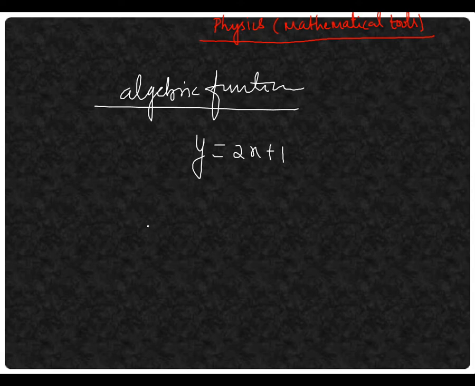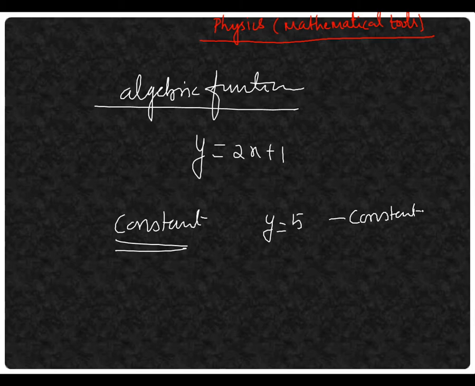So first of all, before the algebraic function, we want to find the differentiation of a constant. What is the differentiation of a constant? If you want to find the differentiation of 5, let y equal 5. It is not a variable, it is a constant. Now we want to find dy by dx of 5, the rate of change of 5 with respect to x.